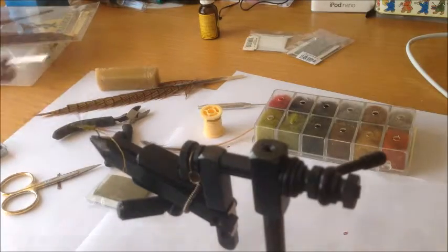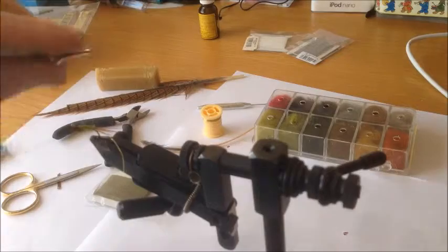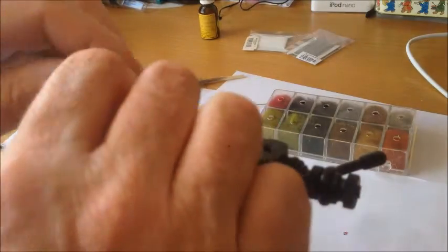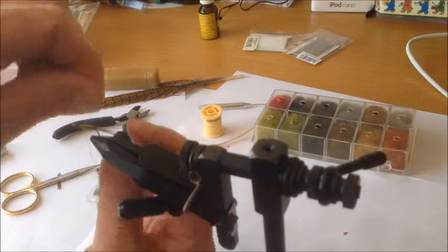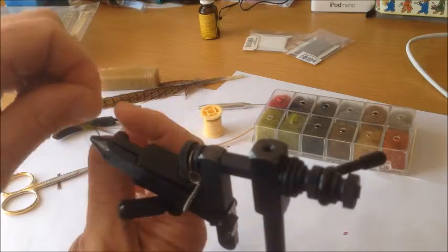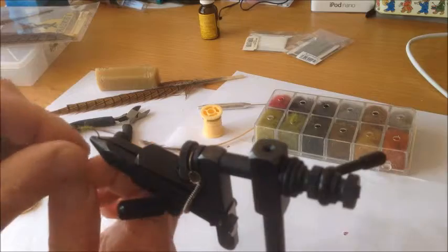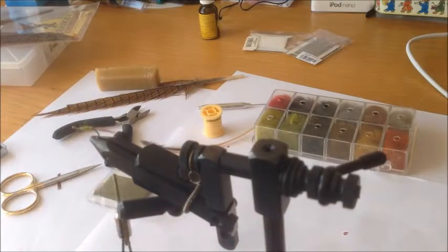So there's the dubbing, and you notice I leave a reasonably big amount of space at the top of the fly to put my wing on. It's just I don't like being constricted by space when I get to work at the top, and you'll notice this on all my flies, I leave a reasonably good space. I then wrap my rib around the fly body, tie it in like that, lay it down a bit, bend